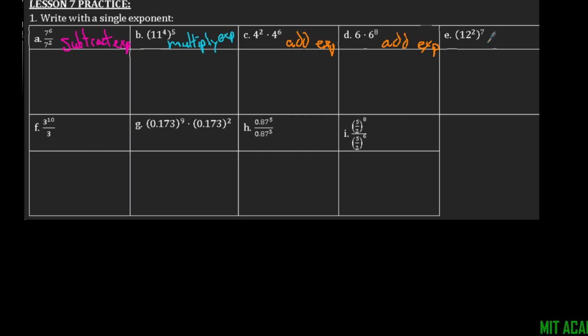For this one, you multiply the exponents together. For this one, again, you subtract the exponents. For these ones, since it has the same base, you can add those exponents. I'll do an orange again. So you're going to add your exponents together for this one. You're going to subtract for h. And you're going to subtract for